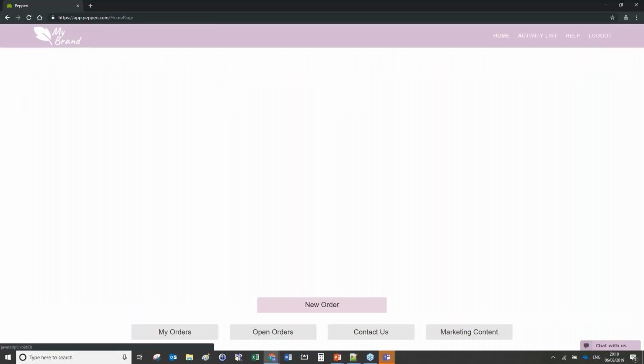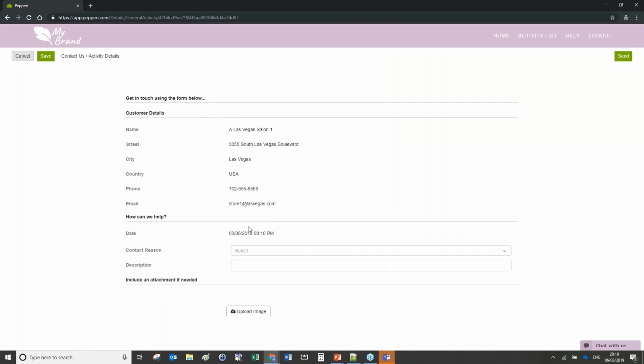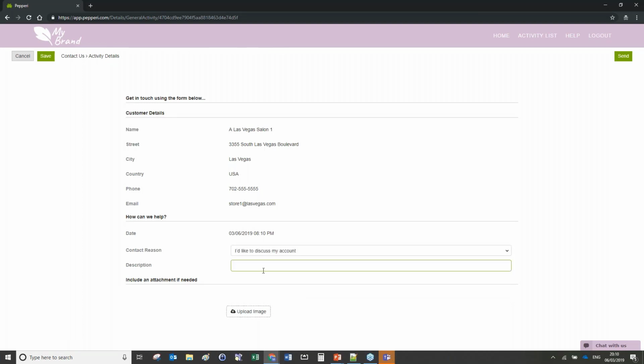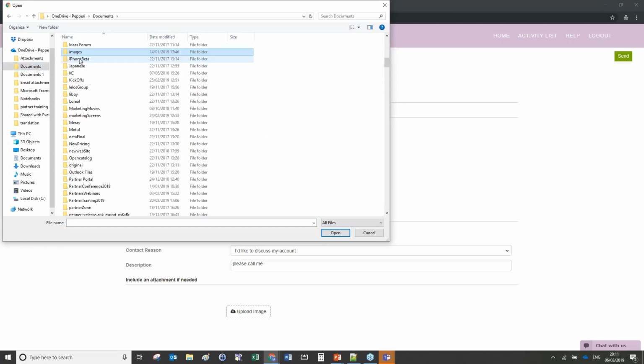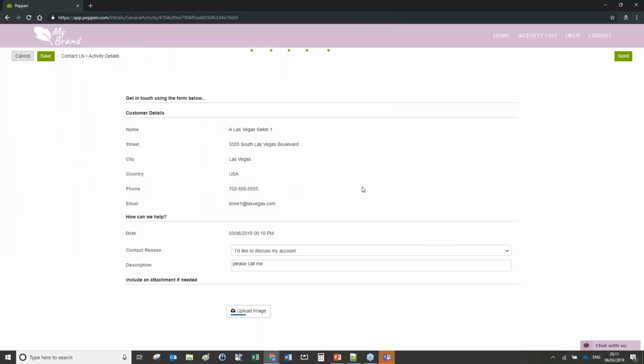A basic Pepperi activity form, okay? They can click on Contact Us. They can fill in their contact reason. I've added mine as a predefined drop-down menu list. I'd like to discuss my account. Description. They fill in their text. You can upload an image attachment if you need. Just as an example, I'll upload an image of a product, let's say. Any product here, and then they can send that form to you,